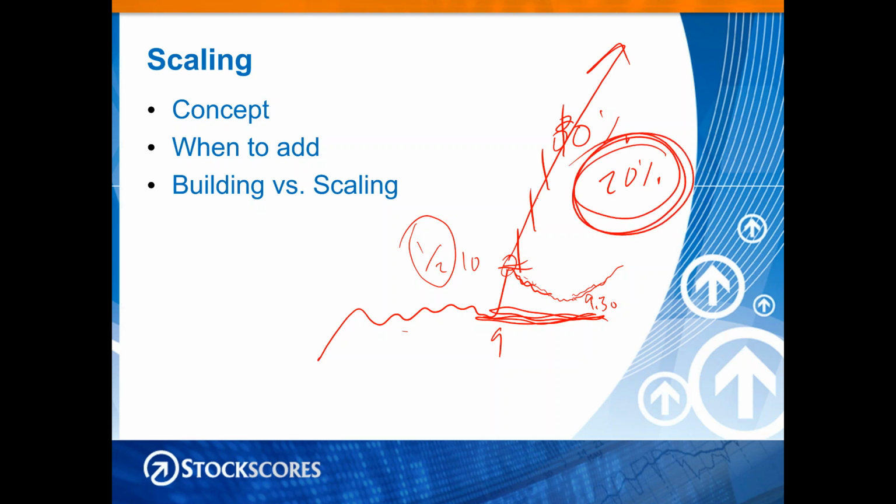So that's why at a minimum, I would say buy a partial position on the breakout and then buy some more of it on the pullback. That way you don't get left behind if the stock doesn't pull back, but if it does, you can lower your average cost on your entry.